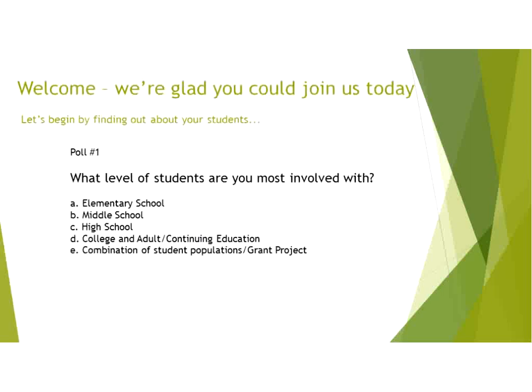Let's begin today with an audience poll. I'd like to ask these questions to find out a bit about the students that you're involved with. So please use the polling function and tell us whether they're A, in elementary, C, high school, or some combination there. You can see the choices A, B, C, D, or E. Now, all of you know exactly who your students are, so please go ahead. I'm just going to give you another moment to type in the responses, and then we'll see who's here from the audience.